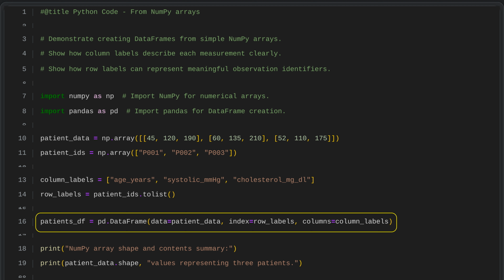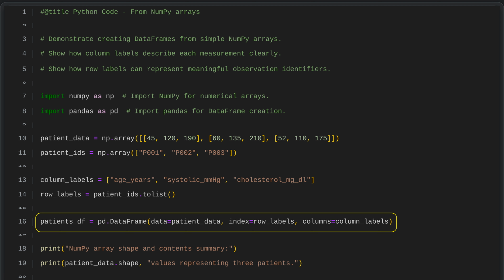Each row is labeled with a patient ID so we can easily identify individual observations. The columns use descriptive names such as age in years, systolic blood pressure in millimeters of mercury, and cholesterol in milligrams per deciliter. This structure makes the patient information clearly organized and easy to access by either patient ID or